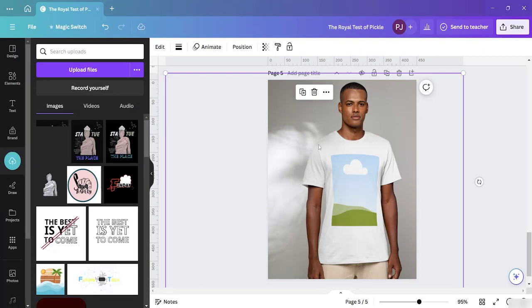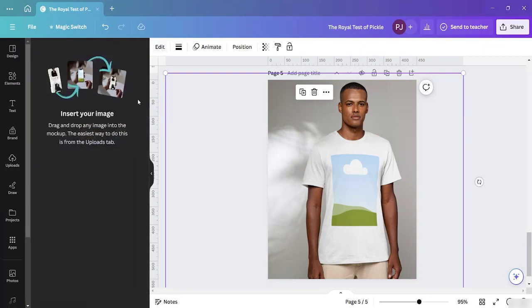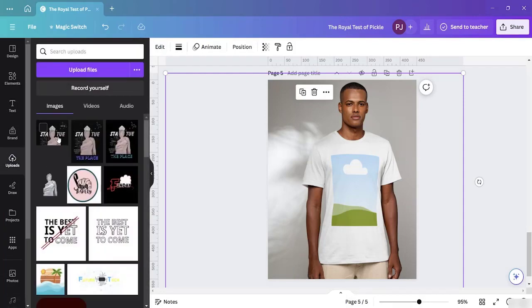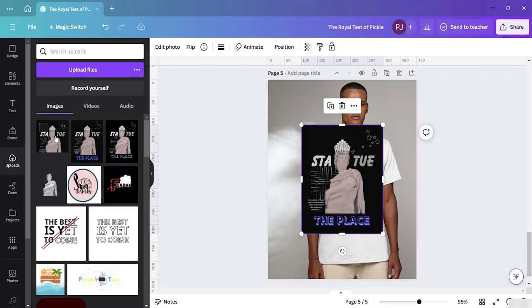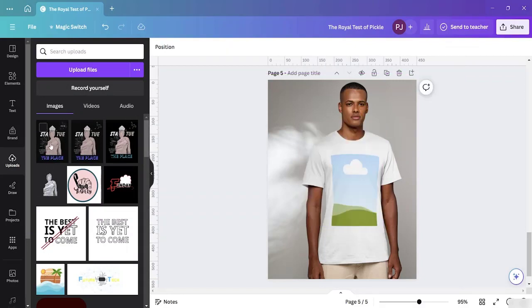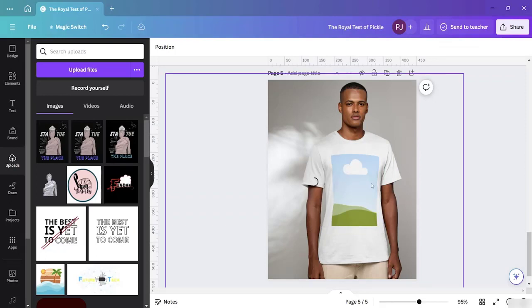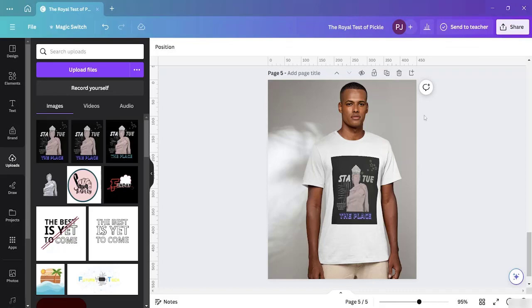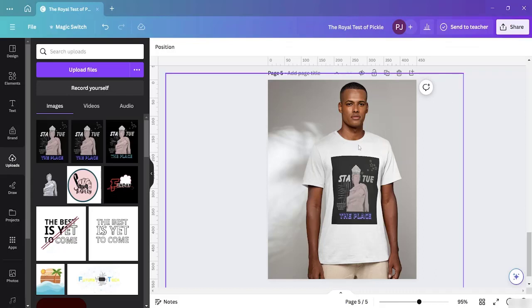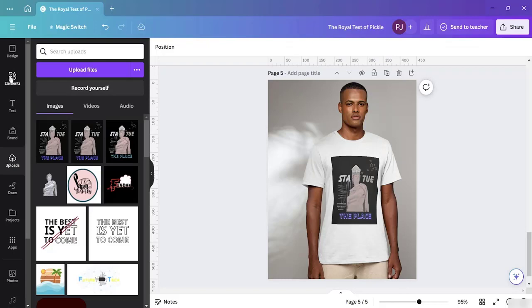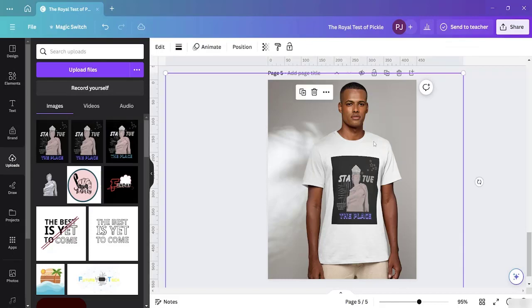Once I'm here, let's go to the edit option. But before that, let's upload this image. This image is getting uploaded. I'll just delete it, and let's drag and drop. Once I have dragged and dropped this, it's taking some time, and then it is applied over here. As you guys can see, the same way again, select this image,